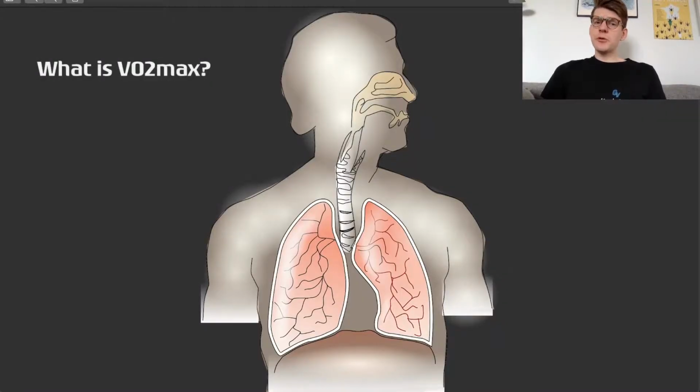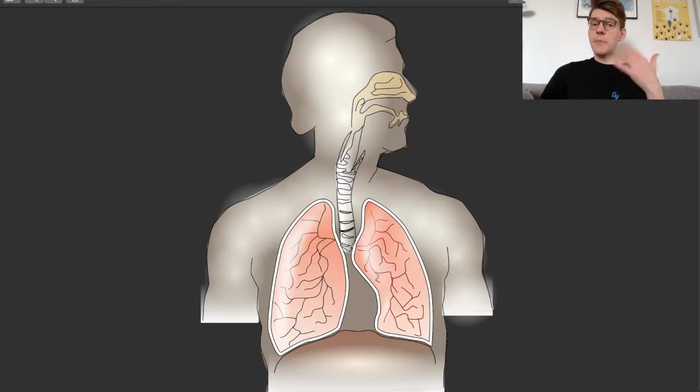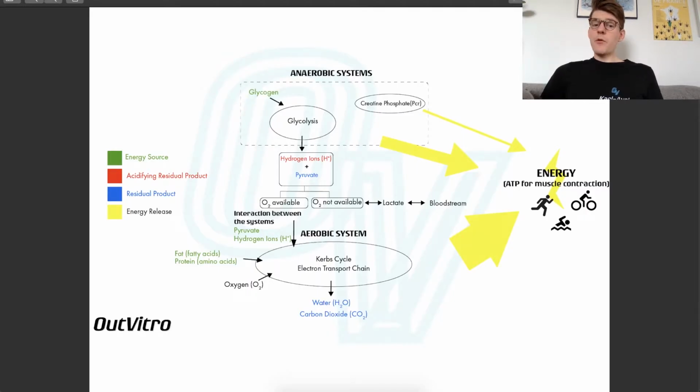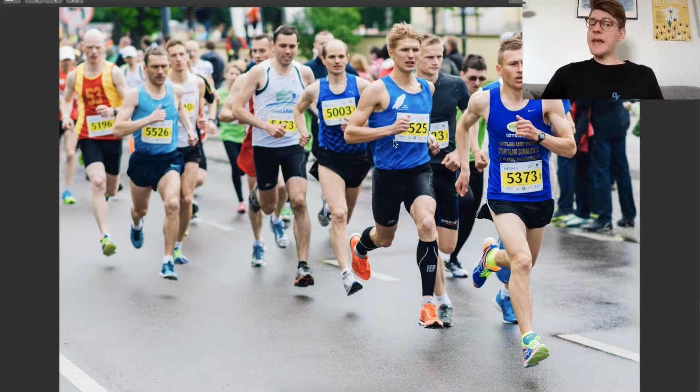First, let us just remind us on what VO2 max is. VO2 max, aka maximal oxygen consumption or maximal aerobic capacity, is the maximal rate of oxygen consumption by the body. The aerobic energy pathway is the biggest energy system in the body. To get a perception of that, for example, in a 10k run race lasting 40 minutes, typically around 90% of the energy to produce that effort comes from the aerobic energy system.